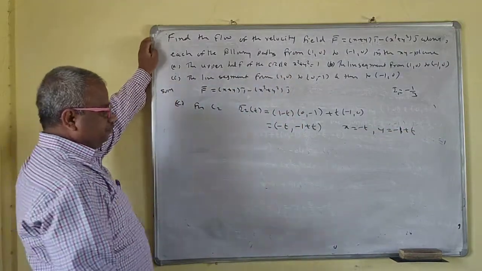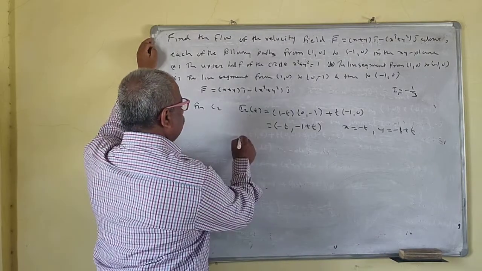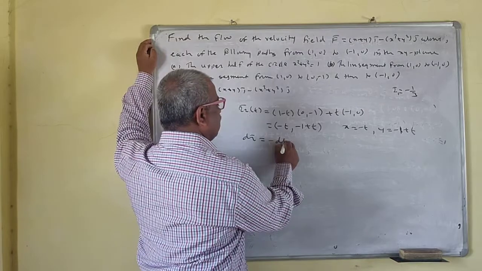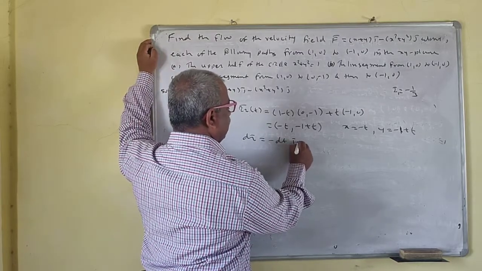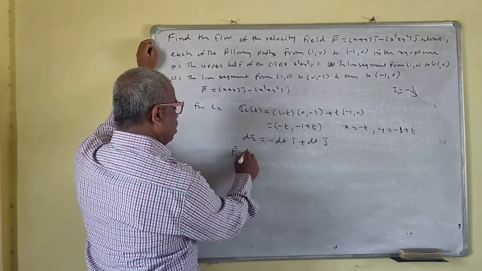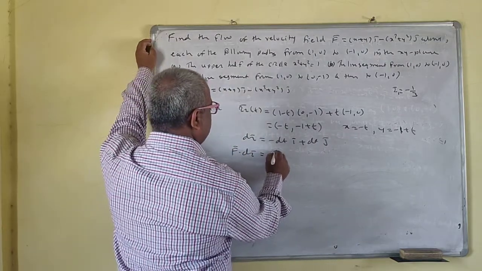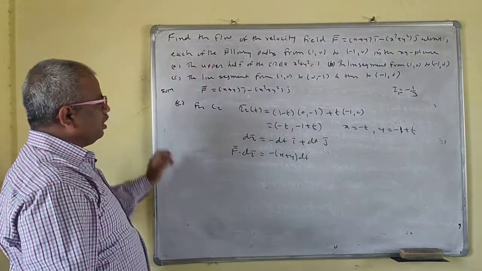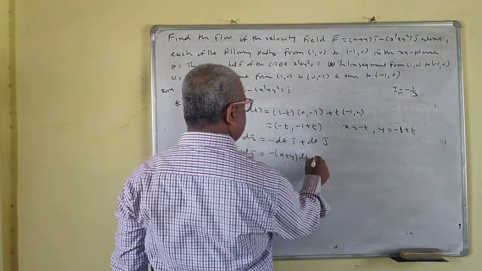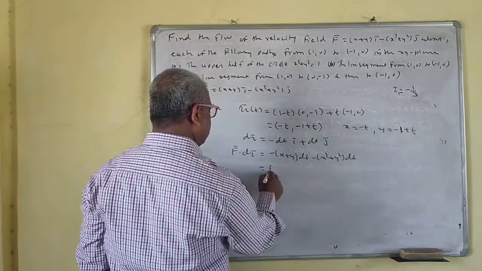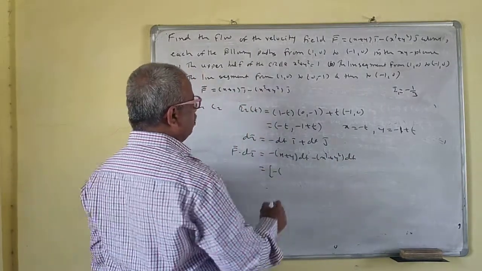Now dr bar is equal to minus dt i bar plus dt j bar. So f bar dot dr bar is minus x plus y dt, minus x square plus y square dt, where x is minus t,